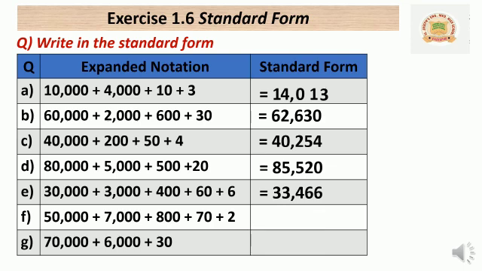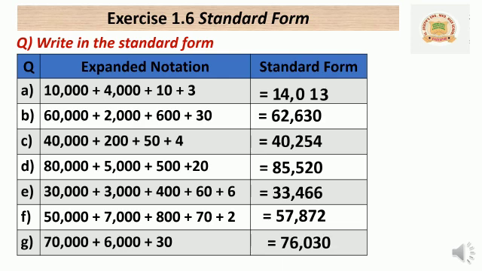Now F question. 50,000 plus 7,000 plus 800 plus 70 plus 2 is equal to 57,872. The last question of the exercise, that is 70,000 plus 6,000 plus 30. The answer is